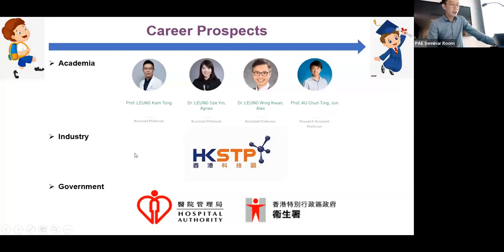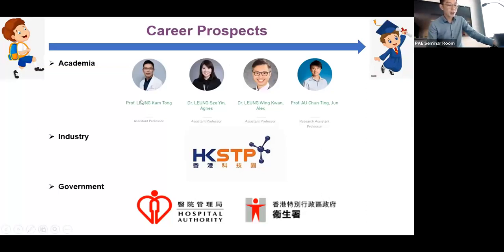In industry, the science part is growing rapidly, especially in the recent few years. There are biotech companies, and it is always very hard for them to find talents. They need many talents, but the supply is not enough, so you can easily find a job, I can say. Also, government departments, such as in the Department of Health, and even some grant agencies, will be taking up PhD students to help with their administration. So don't worry about career prospects.